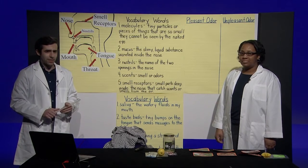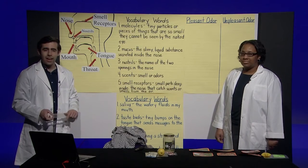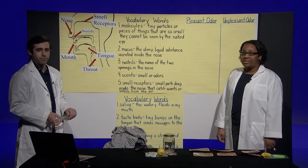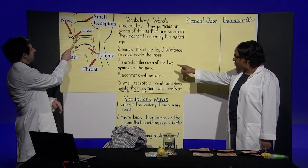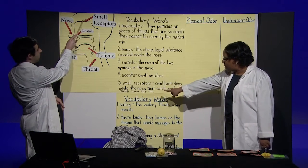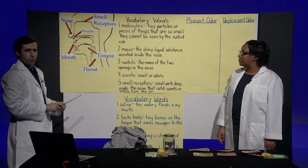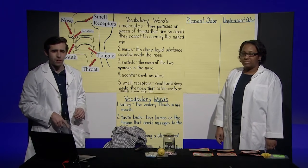Speaking of scents, a scent is a smell or an odor. And when the scent travels up the nostrils, it reaches our smell receptors, small parts deep inside the nose that catch scents or smell from the air. So while we're up here in the nose, there's some other stuff there that we actually...